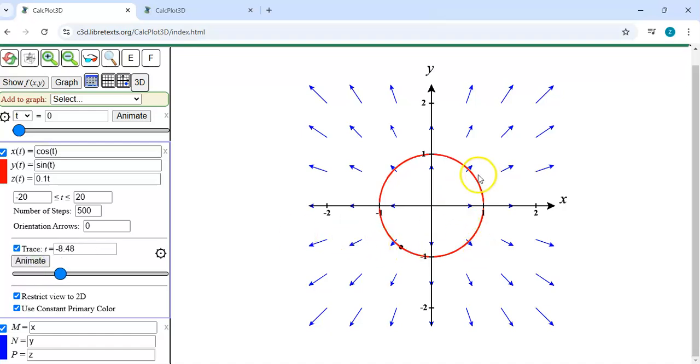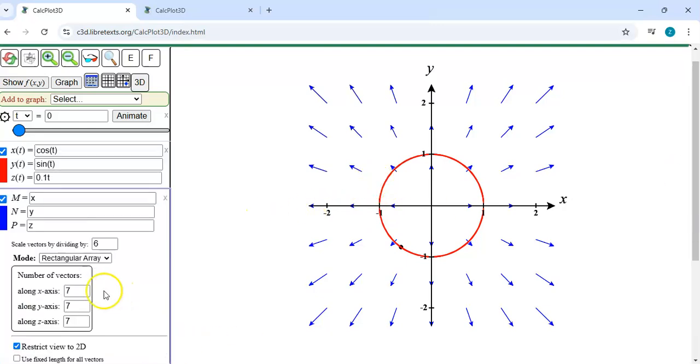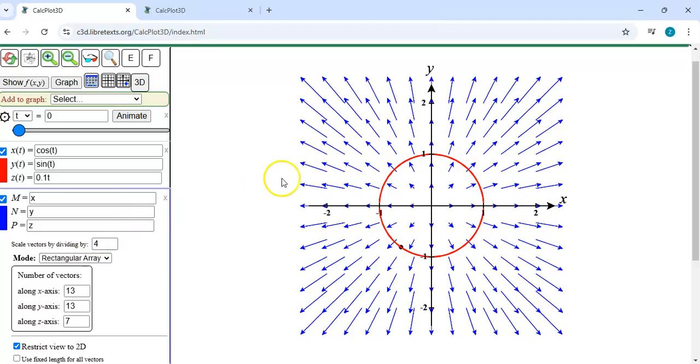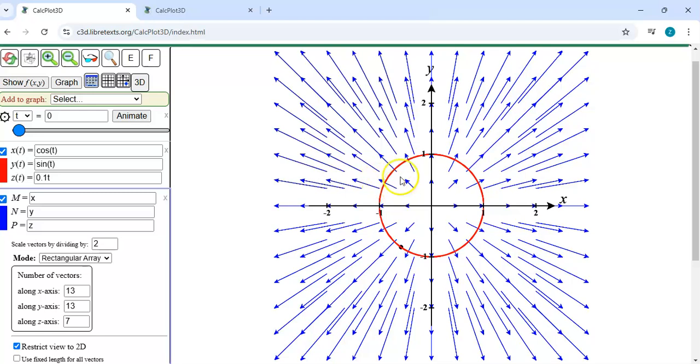If this isn't enough arrows to tell that that's true, we can go down here, click on your vector field and add more vectors, right? So in this case, all that matters is the x and y axis because we don't see any of the z axis stuff. So let's do 13. And I can maybe make these a little longer, that way you see more things touching. So again, you can see orthogonal, orthogonal, going to be orthogonal. If you wanted to, I can even make it longer. You can see all of these vectors that hit your red circle are doing so at a 90-degree angle,